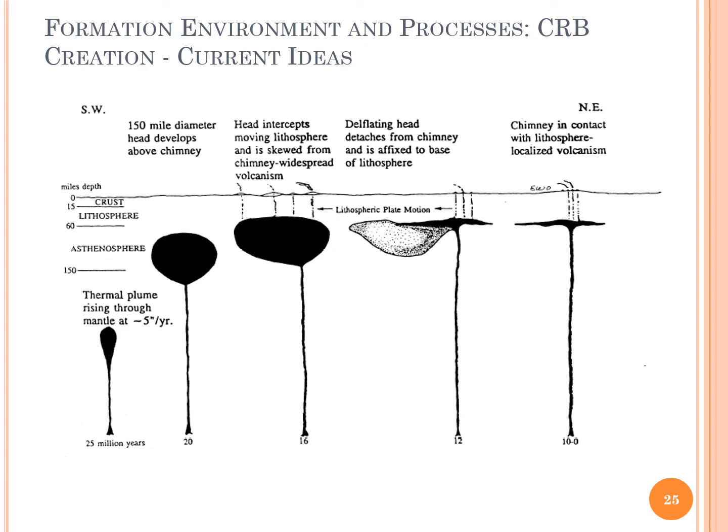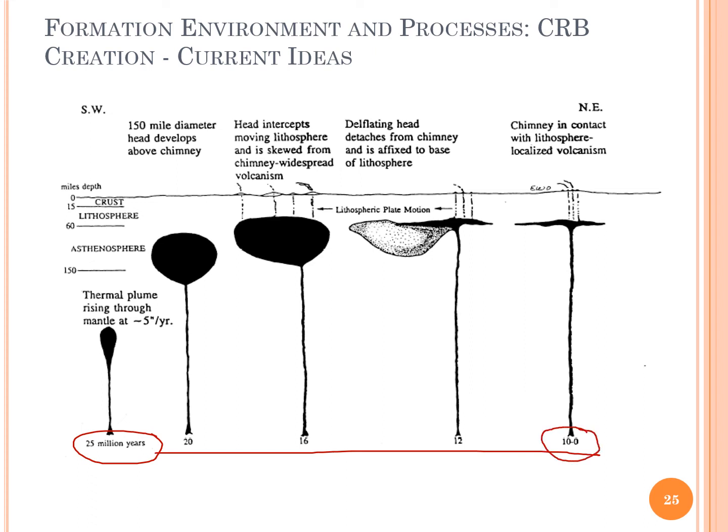So if we take a look at the formation process of one of these large molten blobs that has come up from the upper mantle of the earth and flowed to the surface to come out onto the surface of those volcanoes, here we have a map of the evolution of what the blob, the hotspot material of the Columbia River basalts, may have looked like over time. And here we have a development from about 25 million years ago here on the lower left as a pictorial version of this little blob beginning to come up through the mantle, all the way up to